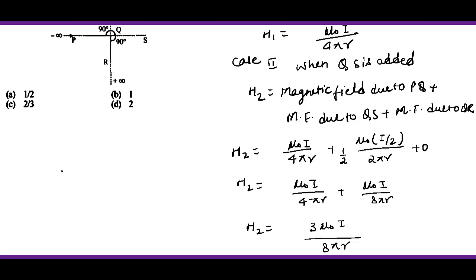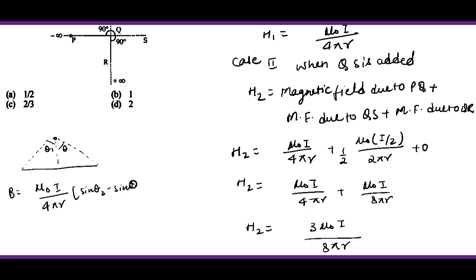आपको एक फार्मूला पता होगा कि किसी वायर से किसी पॉइंट पे अगर हमें मैग्नेटिक फील्ड कैलकुलेट करना होता है, तो हम ये एंगल्स लेते हैं। ओके, ये हमारा θ1 होता है, ये होता है θ2, और इसके लिए फार्मूला होता है, b इक्वल्स टू म्यू नॉट आई अपॉन 4πr साइन θ2 माइनस साइन θ1। ओके, एंगल्स के रोटेशन हमेशा याद होने चाहिए, अगर एंटी क्लॉकवाइज चलेगा तो माइनस थीटा लेंगे और क्लॉकवाइज चलेगा तो थीटा लेंगे। तो ये फार्मूला होता है, उससे 1/2 की वैल्यू आ रही है।